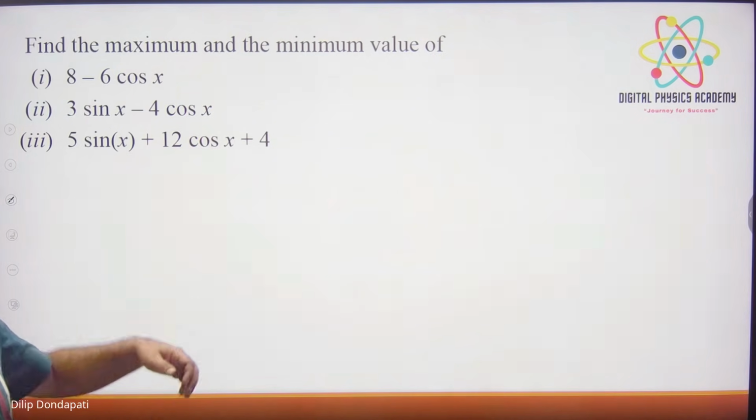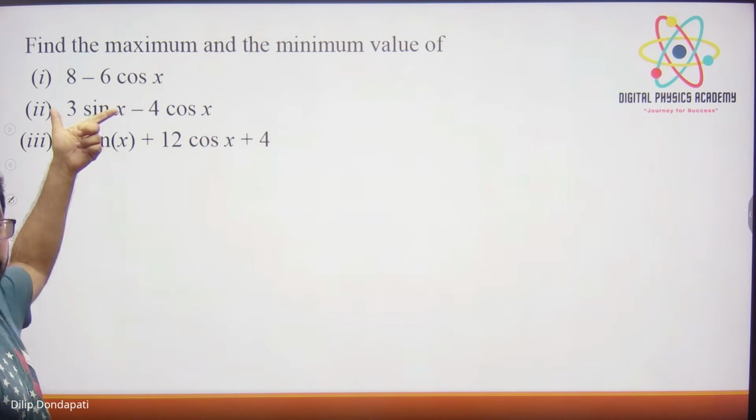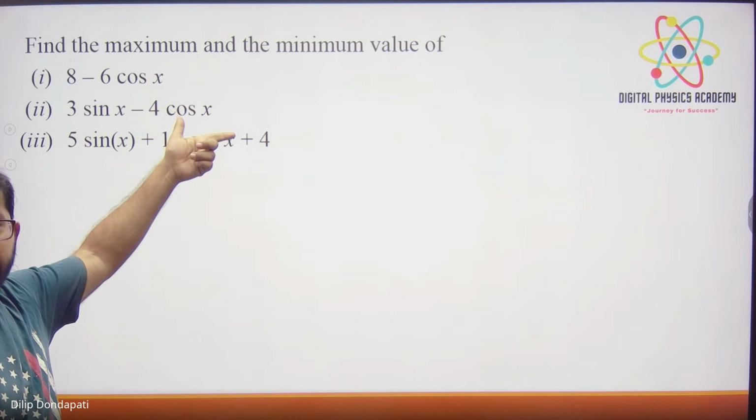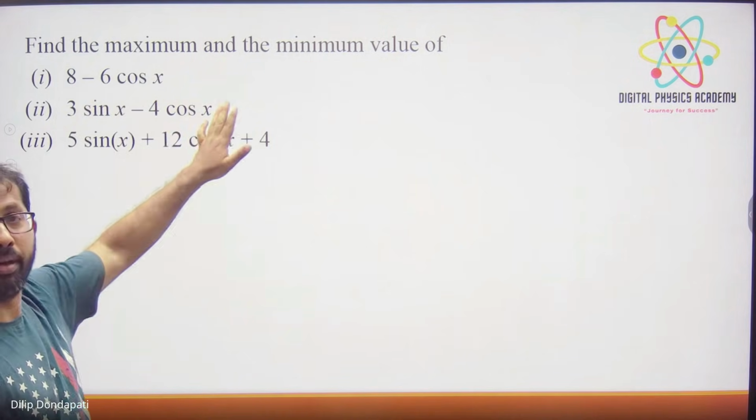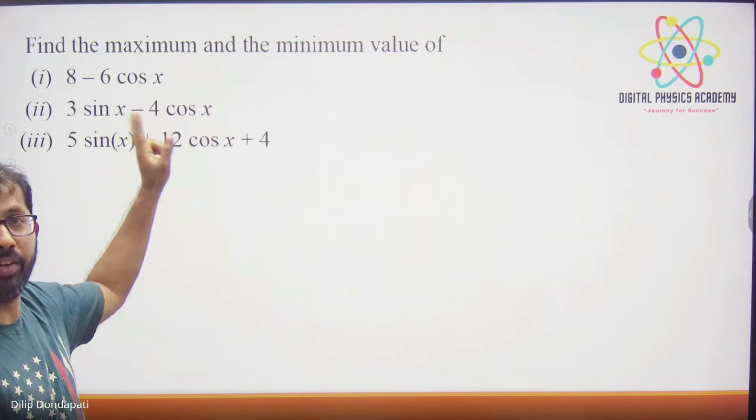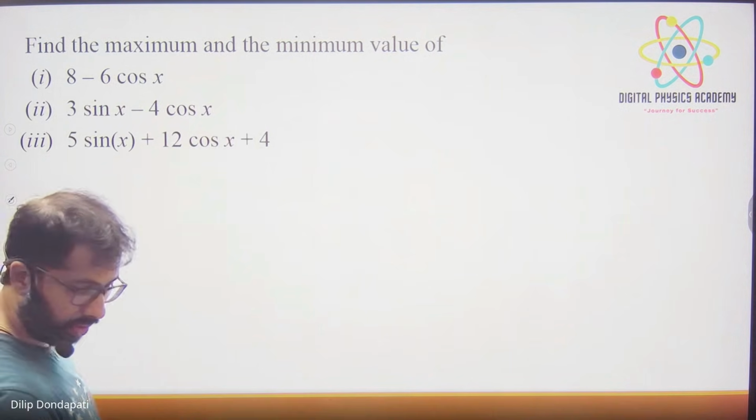It is in the format of a sin x plus b cos x, Rehan. See, we cannot put the plus just once. 1 and minus 1 we cannot put. Okay. So